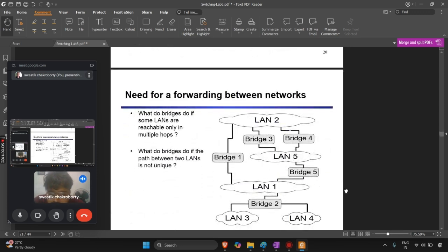What do bridges do if some LANs are only reachable in multiple hops? Some LANs might only be reachable from other LANs via multiple hops, so you cannot go in one hop. Like if you want to reach from LAN 5 to LAN 3, you have to hop once through bridge 5 and again through bridge 2. So one example is